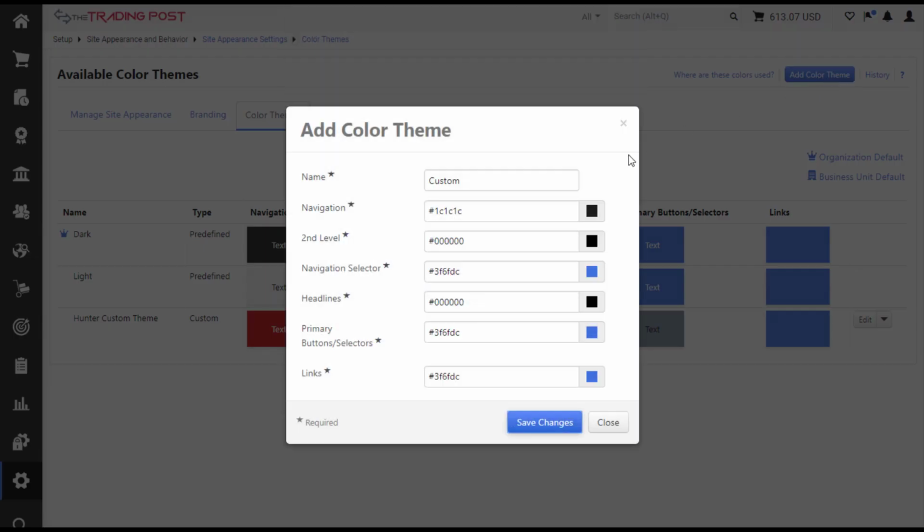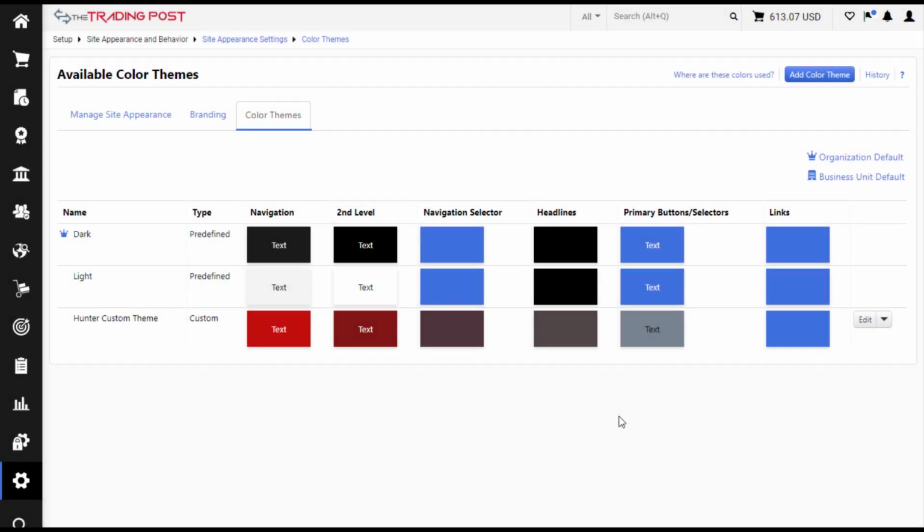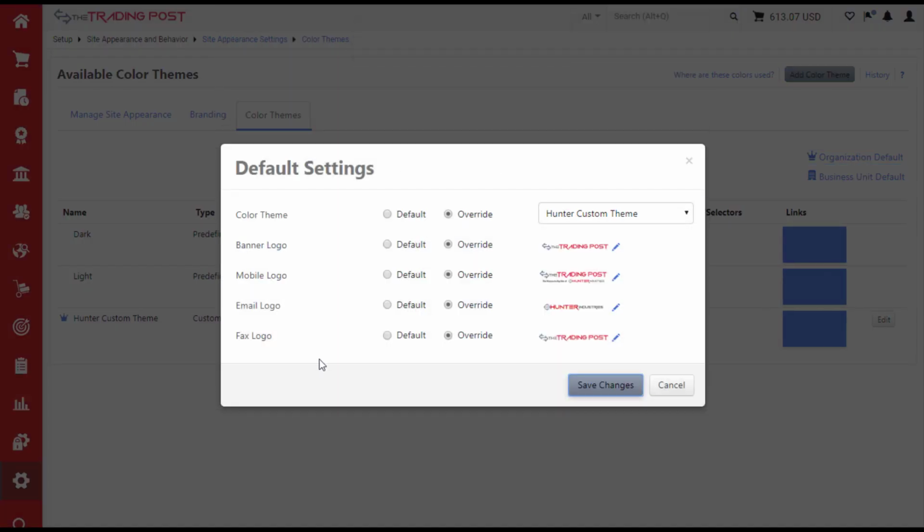And once you do that, you'll see a list of options for the different colors. The navigation is going to control the banner over on the left, so that's probably your main company color. And the second level is going to be the flyout menu from that, and the color that you'll see when you hover over these icons is the navigation selector color. Now I've already created a scheme here, and if I go to organizational default, I've got a place where